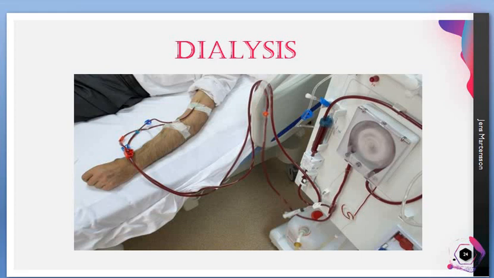But if both the kidneys are not doing properly, or one of the kidneys is not doing properly and the other one is doing less work, or the kidney is removed from the person, in those sort of cases dialysis will be advised. Now in dialysis, in the first or second visit, before doing dialysis, the dialysis will generally be done in any one of the arms. They will be merging an artery and vein.